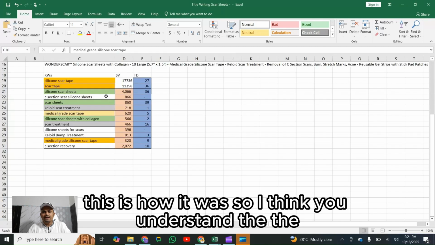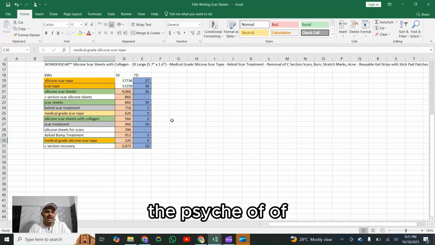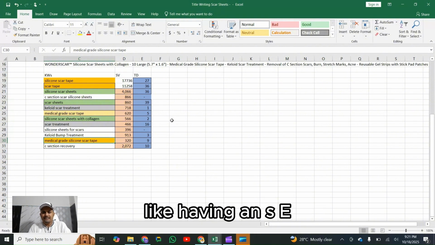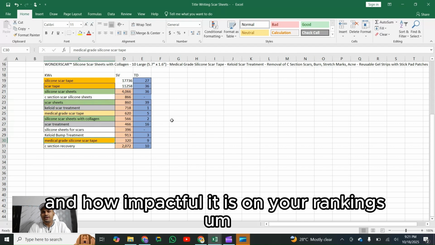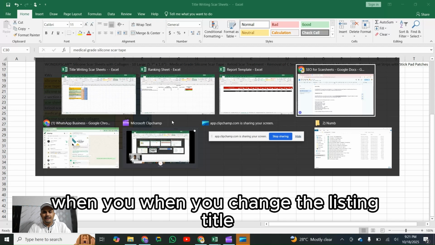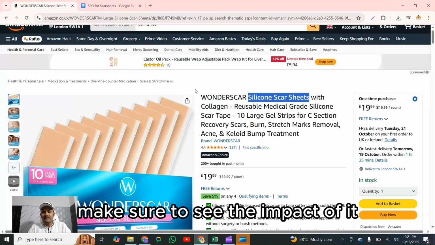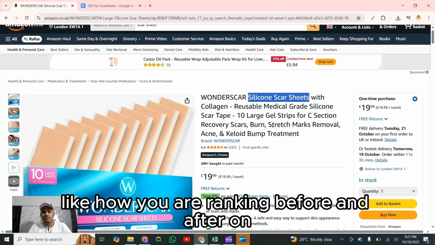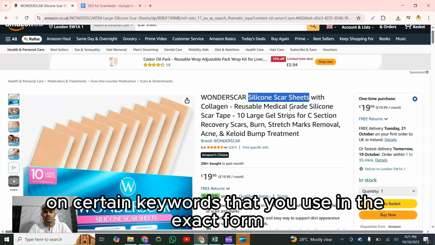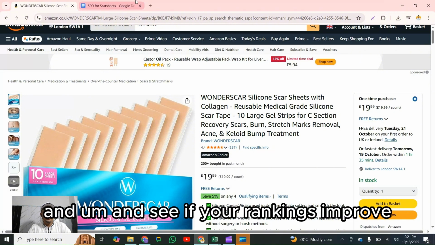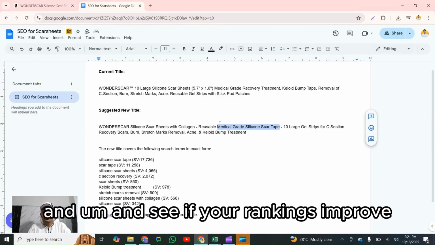So I think you understand the importance of having an SEO optimized title and how impactful it is on your rankings. When you change the listing title, make sure to see the impact of it, like how you were ranking before and after on certain keywords that you use in the exact form,